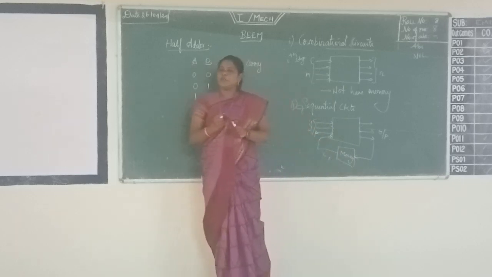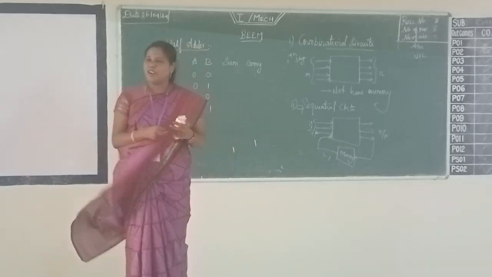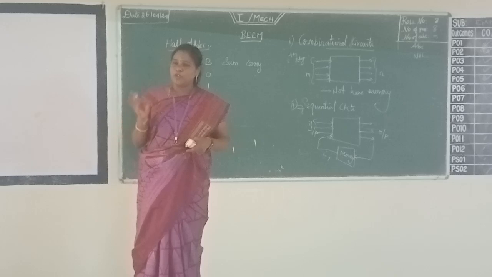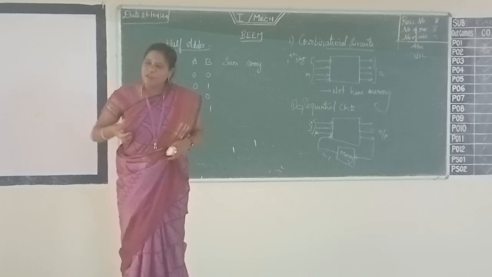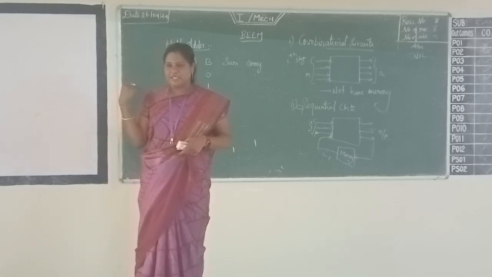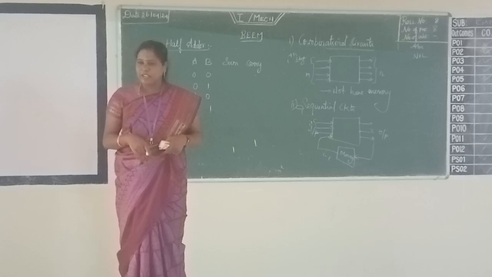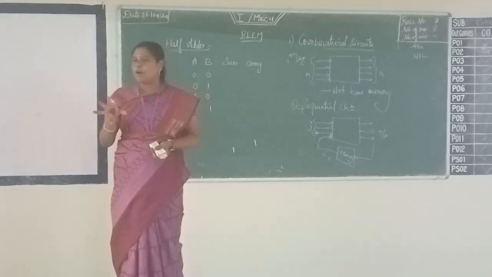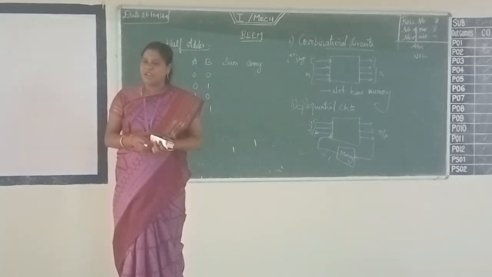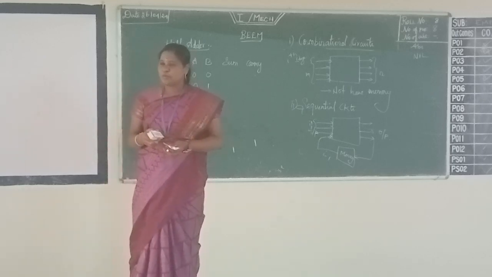So the current output depends only on current input is known as what? Combinational circuit. It does not need any memory to provide output, whereas the output depends only on present state. What is a sequential circuit? The output may also depend upon the previous state. So in order to know the previous state value, I need to have some memory in order to store it. First we will see the combinational circuits and then we will move on to the sequential circuits. Some of the combinational circuits and some of the sequential circuits are really patternized, not all. Do you understand the difference between combinational and sequential circuits?